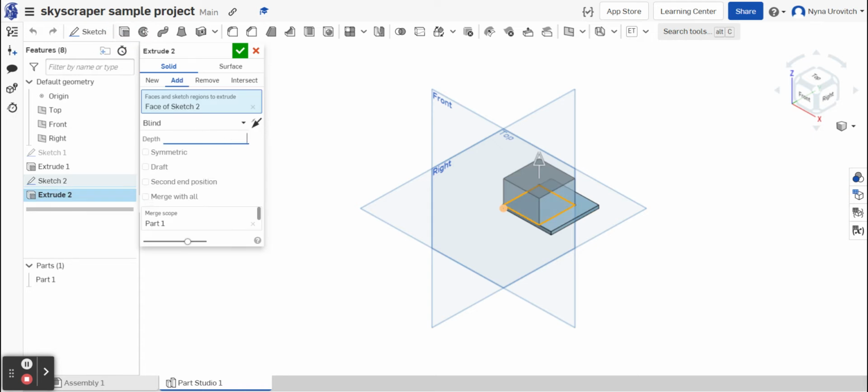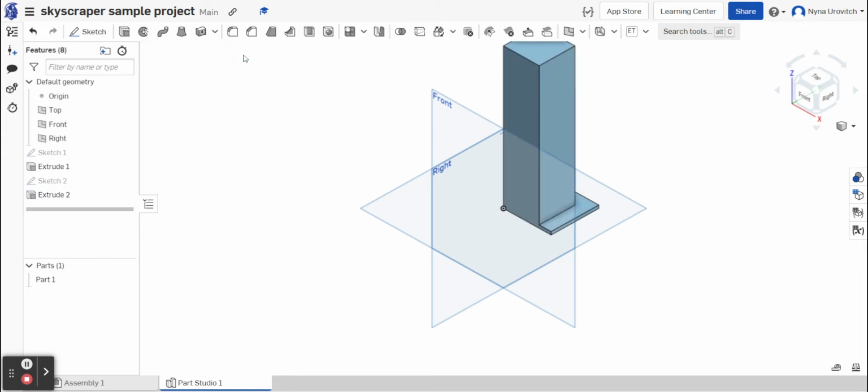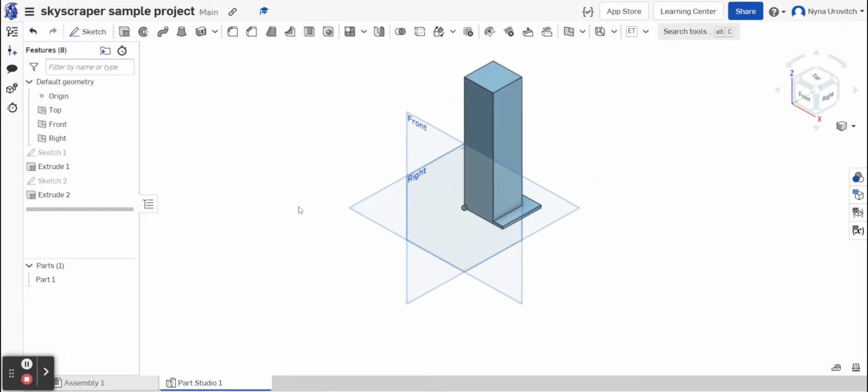And I'm extruding 6 inches. And this is the start of my high rise. Okay. I'm going to go to the front view